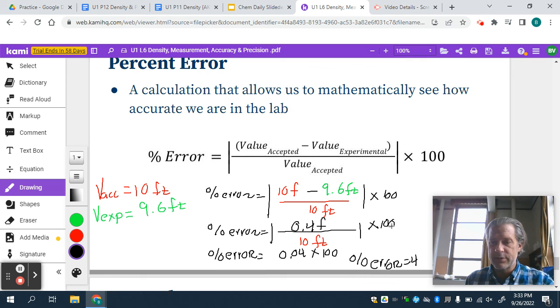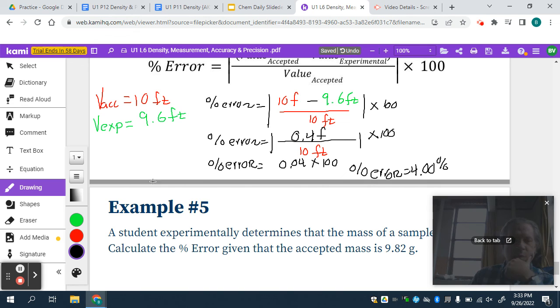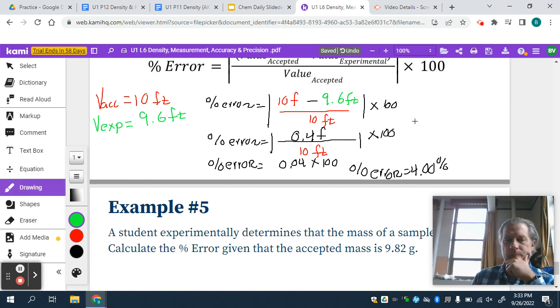What I like to tell students when they're recording their percent error is to always round it to 2 decimal places, just because it makes it a little bit easier. So when we record our percent error,